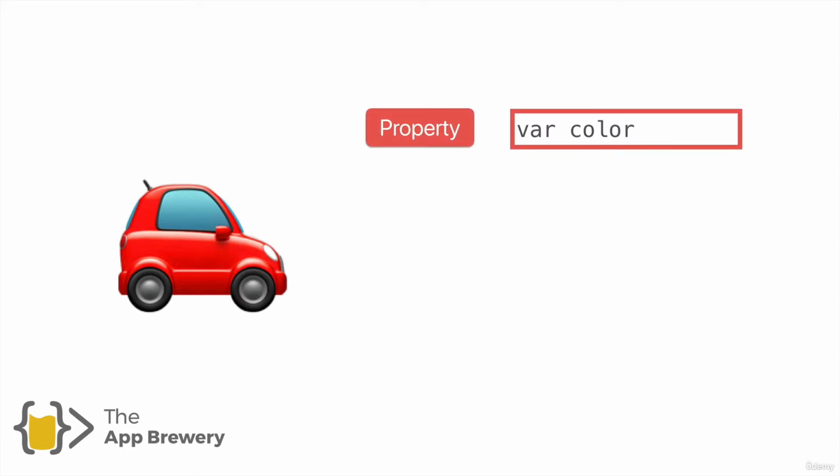So in the context of an actual car object that gets created from a car struct or car blueprint, those properties might be things like the color of the car or the number of seats it has, or the number of doors it has, or whether it's a hatchback or a sedan, something that describes what this eventual object is going to be like.